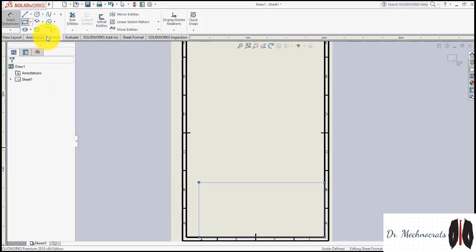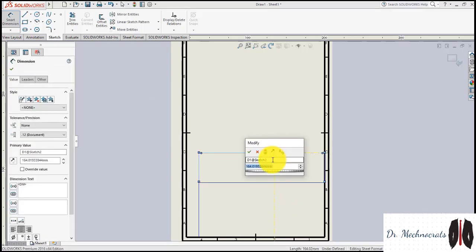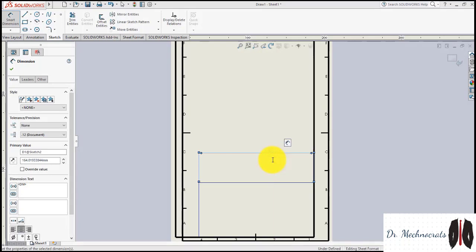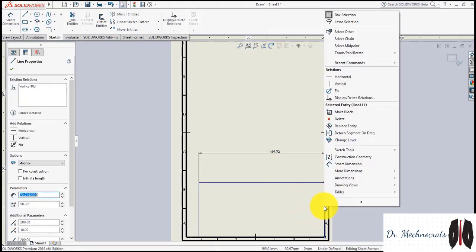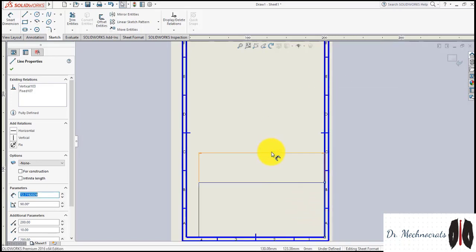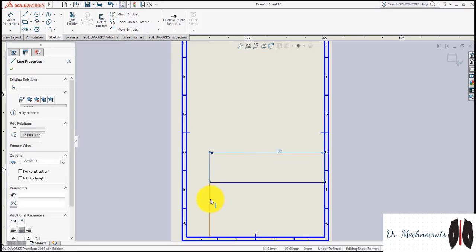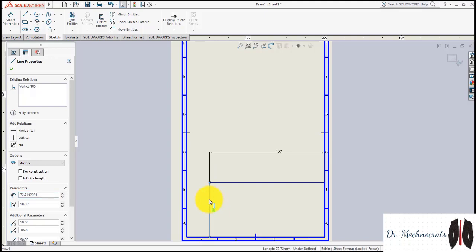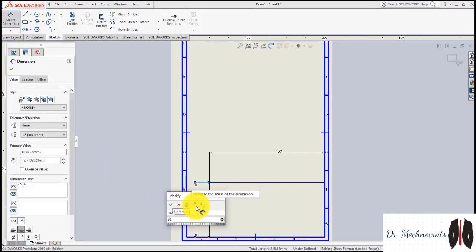Smart dimension, we have to fix this size as 150 mm. See, 150 mm, and here 50 mm.